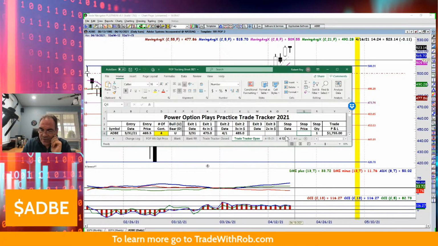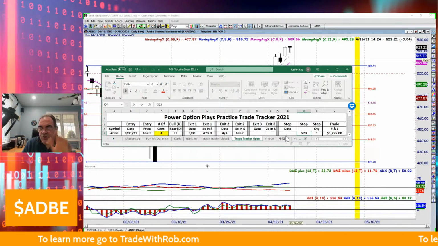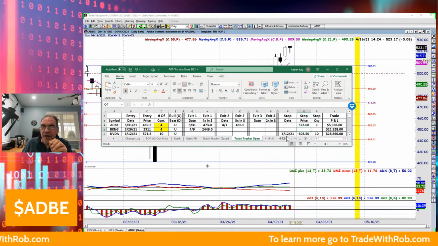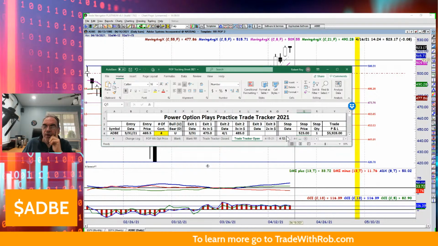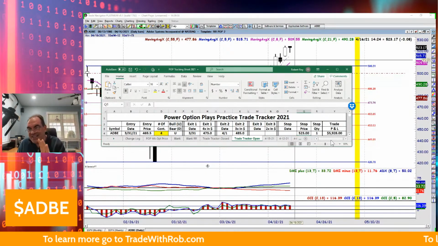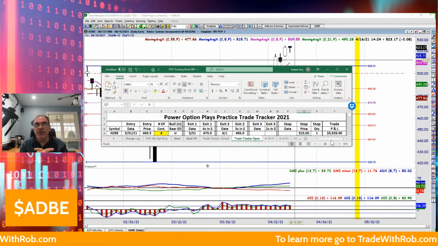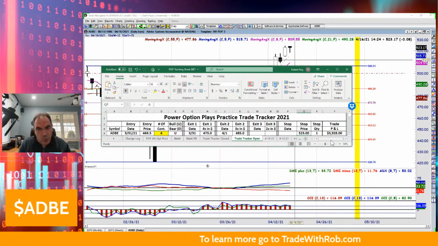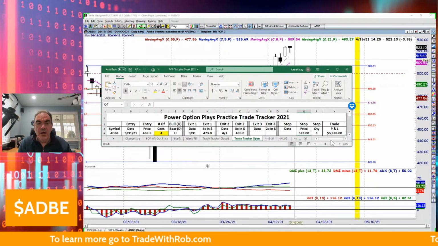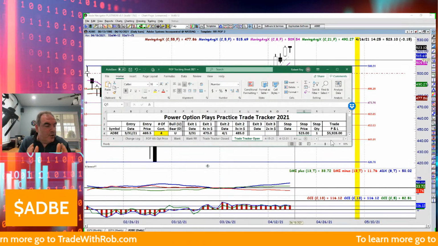If the stock right now is at 523, and this spreadsheet's got a way of calculating the cost in the background, that trade is worth $5,928. So from 2,000, it's almost 6,000. 1 contract is more money than the first 3 were in total. Now, we haven't closed it yet, so we're not there. That doesn't count. But this is a very low-cost option.